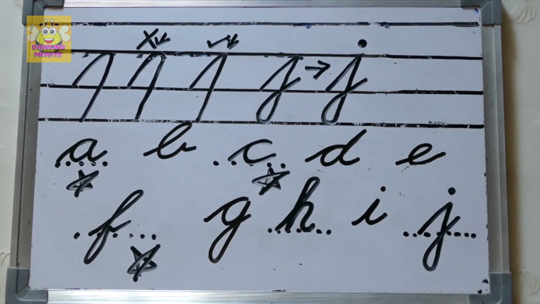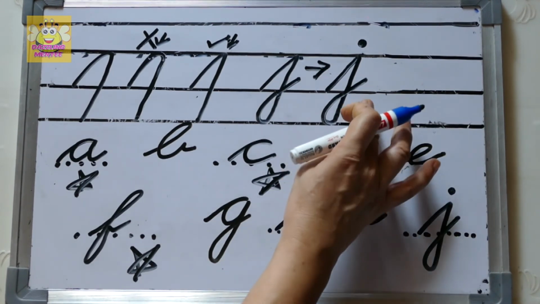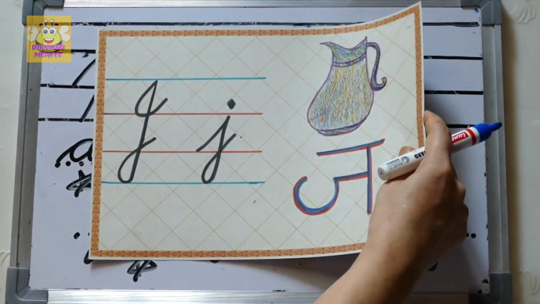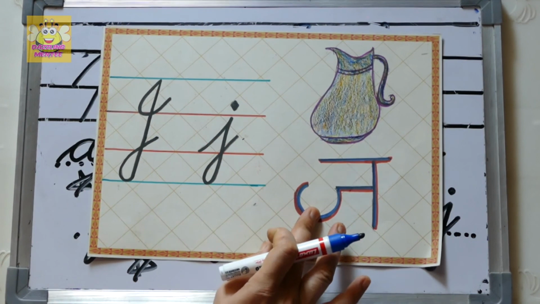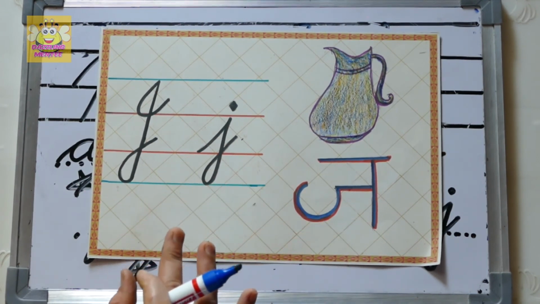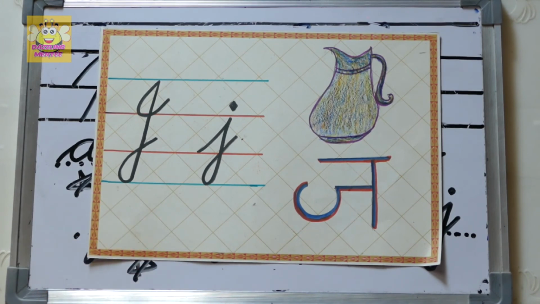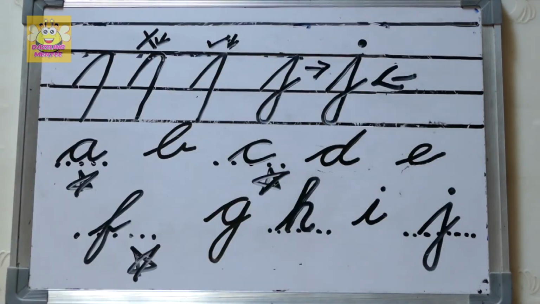Okay. This way you make a worksheet with the practice of J, and the child will be very good and he or she will recognize the alphabet very nicely. So children, which alphabet have we done today? J. Always speak sounds. Don't say J for jug. No, J. Okay. So do practice of this worksheet. What is the name of this worksheet? Write the missing alphabet.